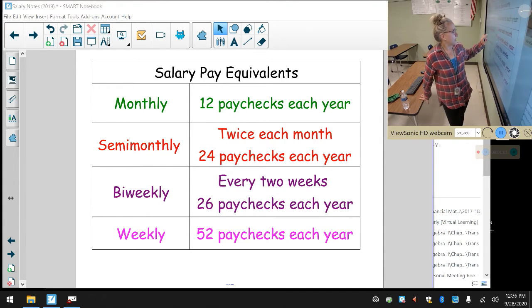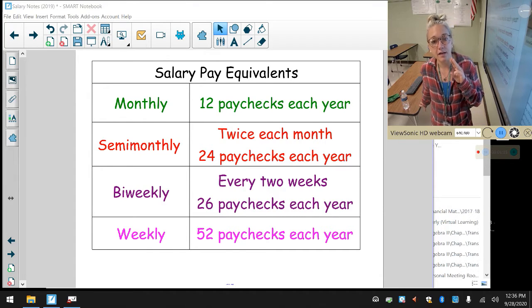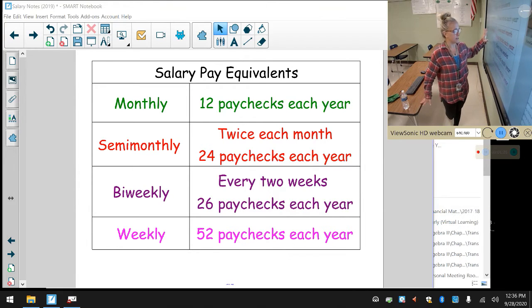Now, a lot of times people ask, what's the difference between semi-monthly and bi-weekly? Well, it's those two magic months. If you get paid bi-weekly, and I do, there are 2 months where I get 3 paychecks in that month, where I get that extra pay. I usually budget for 2 paychecks, and then that extra pay happens twice a year. So that's the difference. It's just every other Friday or every other Tuesday, depending on how you get paid.